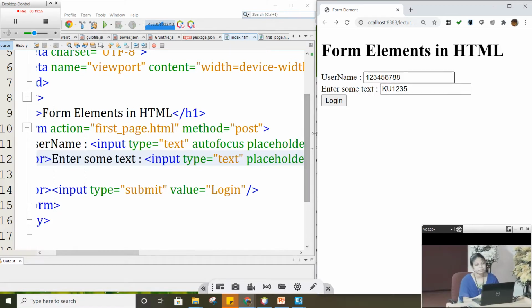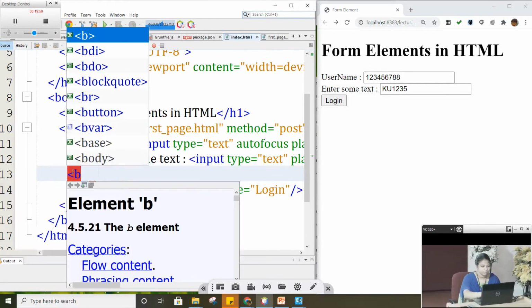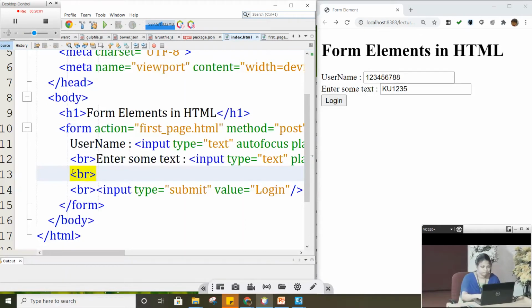Okay, the next thing we are going to see is the drop down list. So I'm going to ask them to enter the branch, or select something from it.